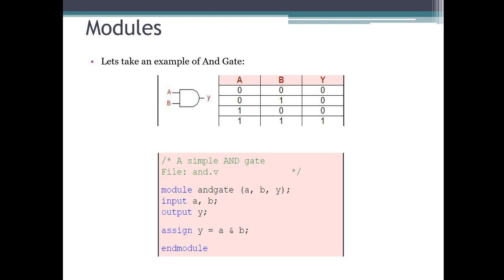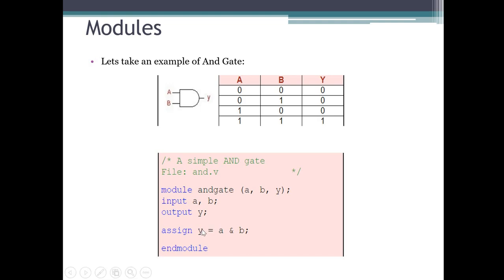So these are the terminals basically. How are we going to place the terminals? This is the way. By using this diagram, you can see whatever terminals are there, you can place here. Now you will have to tell which signals are input and which signals are output. Here you can see A and B are input, so I have declared input, and Y will be the output, so I have declared Y as an output. Now inside the module internals, I told you that we'll see that later. What it does is nothing but the logic for the AND gate, exactly what an AND gate does. The AND gate will AND A and B, and then it will give the output Y.